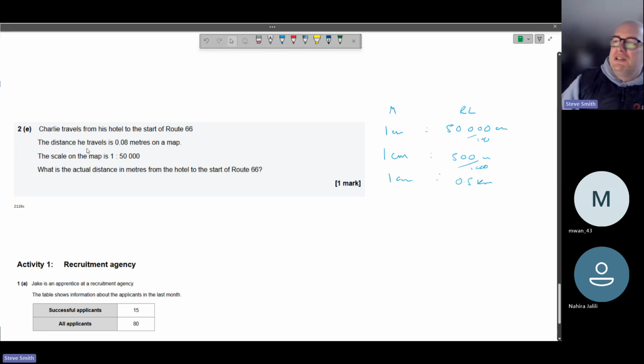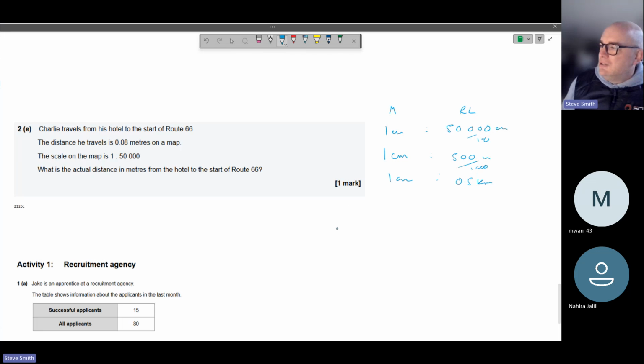The distance he travels is 0.8 meters on the map. Okay, so it's springing the question the other way. I quite like that one. That's a cheeky one. So we have to think about what is